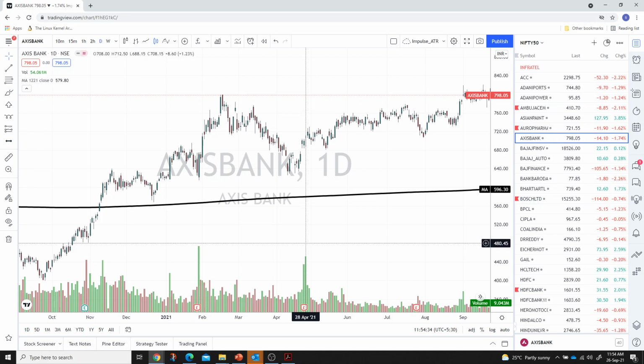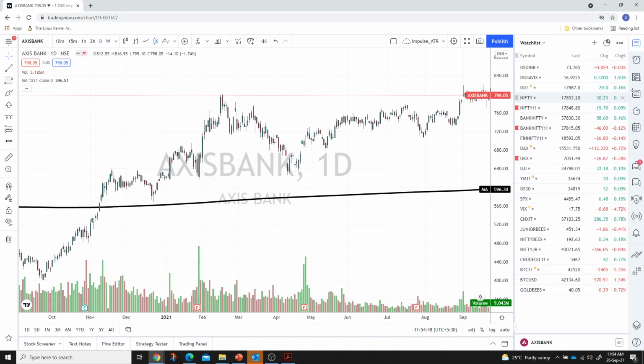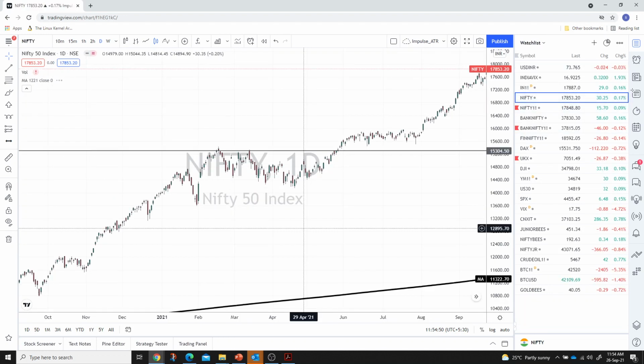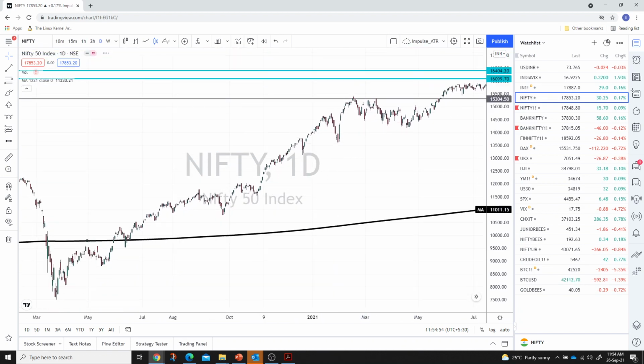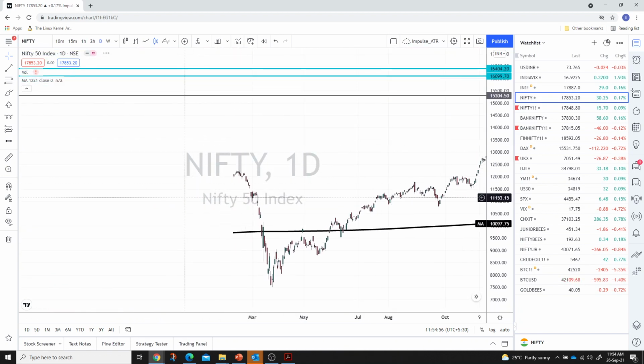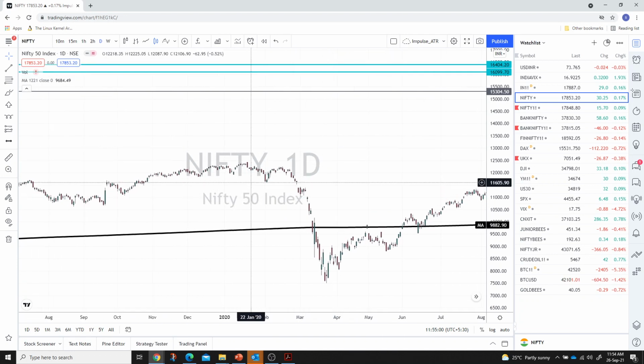That adds an edge because you will adapt to strategies which are catering to that kind of volatility regime. If you are in a ranging market, let's take a case of Nifty itself. Say, okay, now we are in a very high volatility, but if I go sometime back, before the Corona crisis, if you see the range here,